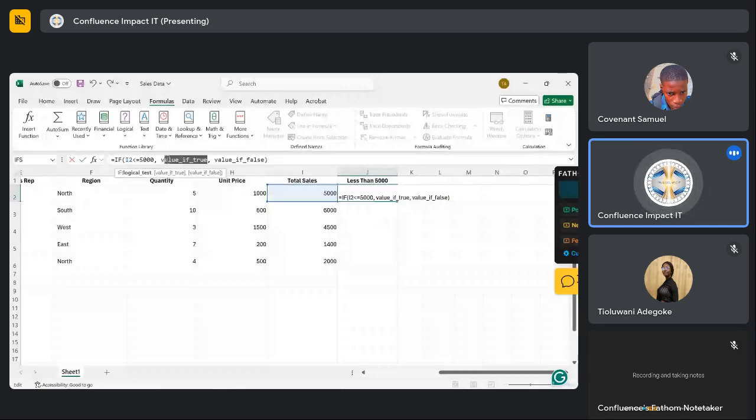Which value? Let's say possibly we want to return correct. If it's less than or equals to 5,000, let's return the value correct, right? But if it's false,